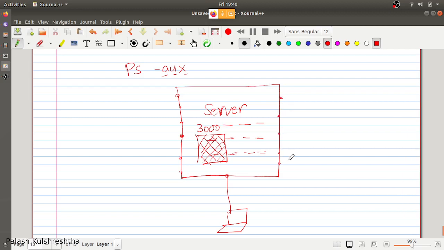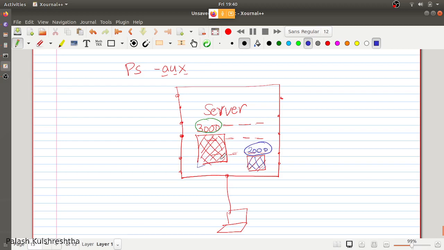A server can have multiple ports, and the outside world as well as inside applications can interact with other applications. For example, there is one application which is running on port 3000, and let's say this application is running on port 2000. They are doing their own stuff, and they want to interact with one another.